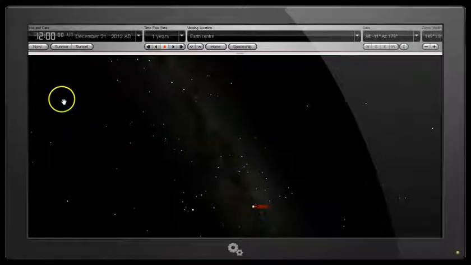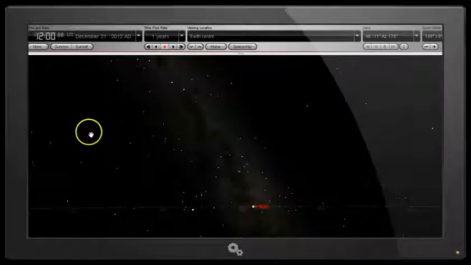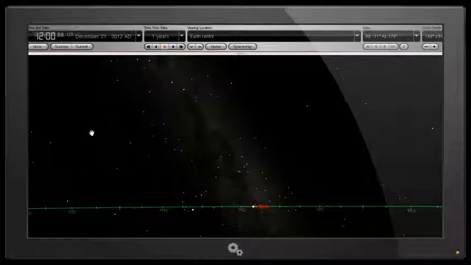Okay, check a few things here. First of all, we're going to turn on the ecliptic, which is the path that the sun apparently takes through the sky. Obviously the Earth rotates around the sun, not the other way around, but this is the apparent